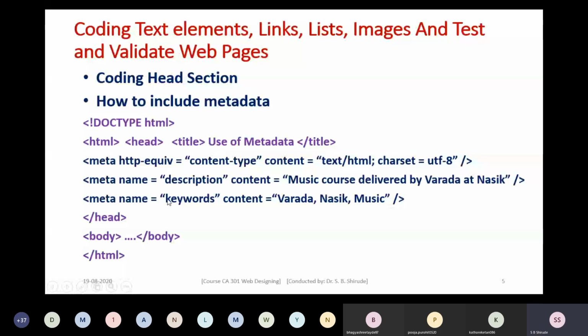Then next to the meta element, we are going to learn the next topic, such as how we can